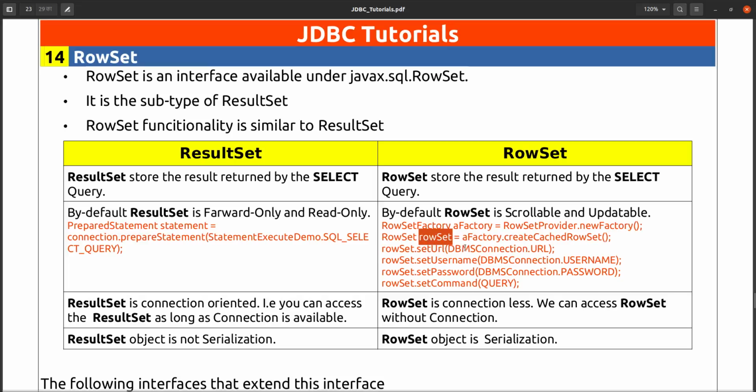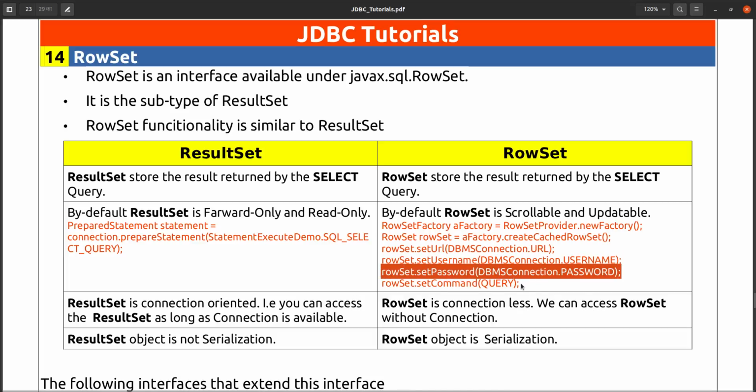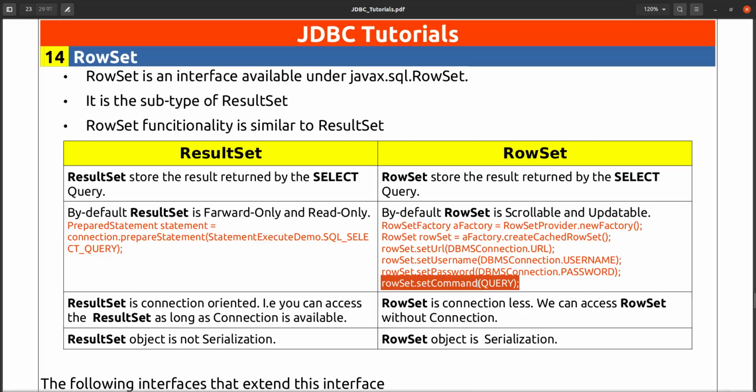On top of this row set you can set your database URL, database username, database password and SQL query by the setCommand method. The setCommand method is used to set the command, which is nothing but the SQL query or SQL statement, and that statement you can execute using the row set's execute method.